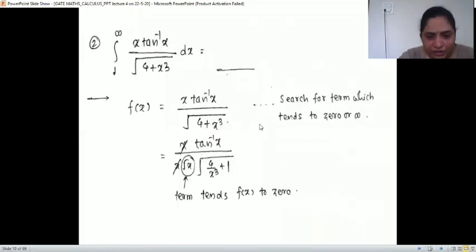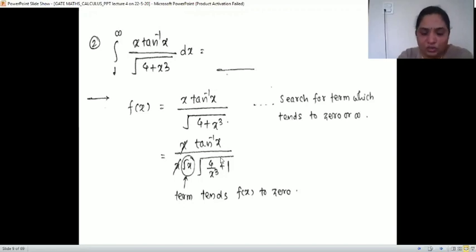So is it first kind or second kind? We haven't checked it. If the limit goes to infinity for any one of the terms from 1 to infinity, we put the limit as x tends to infinity here. So we'll get 1 upon infinity, that is 0. The limit will not go to infinity, so this is first kind. F of x will not go to infinity. And if it goes to infinity for any point in this range, then it is of second kind. So this is first kind.